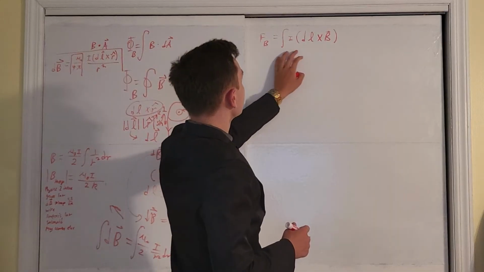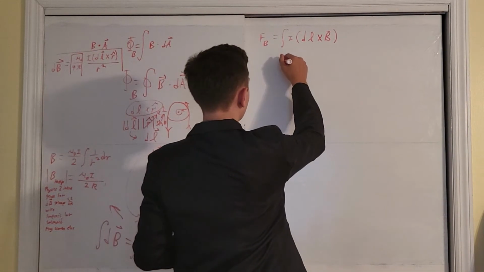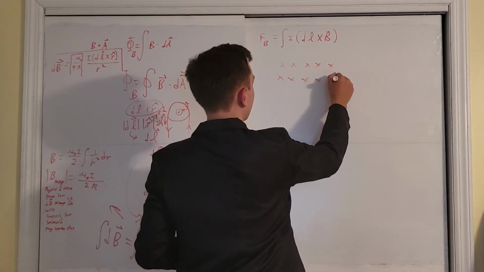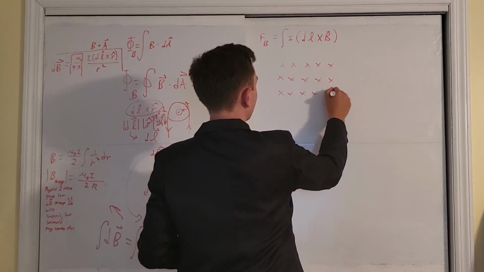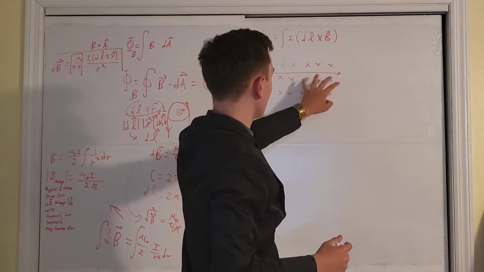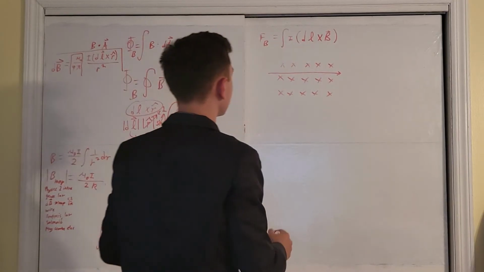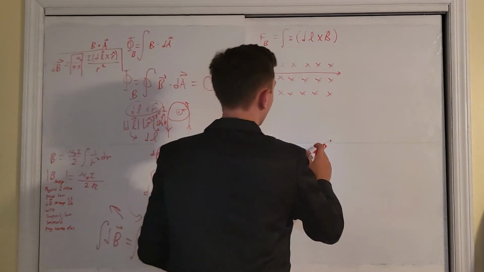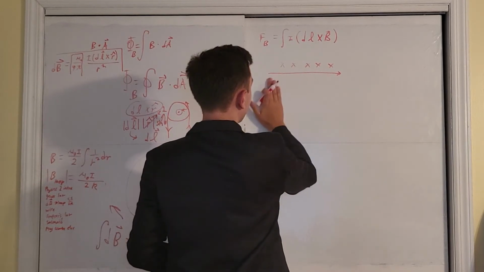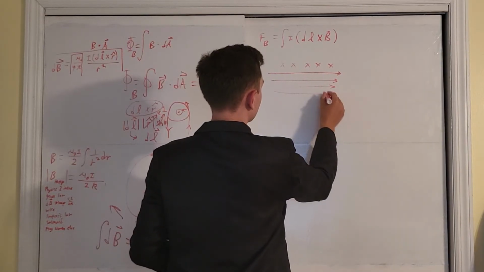So the way that this integral is supposed to be interpreted is, let's say we have a B field that is going into the page in an area such as this one, and we have a current carrying wire flowing through it as such, then obviously at all points on the wire, the length vector of the wire is always going to be perpendicular to the B field. However, if instead I decided to switch this up and say that I have a B field going to the right of the page, represented by these arrows,